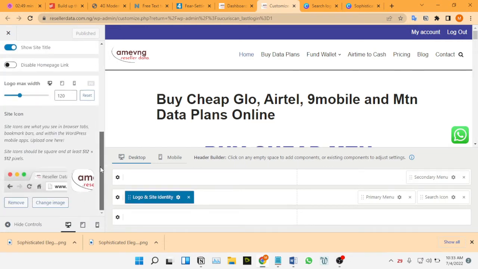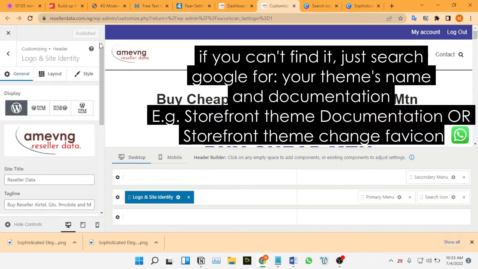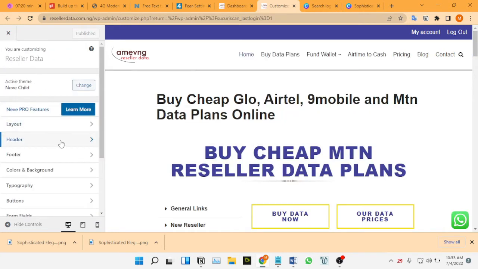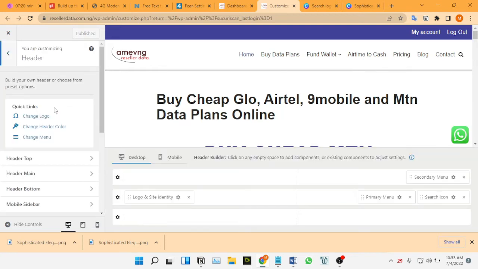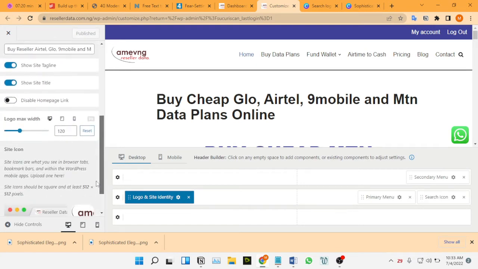So generally, if you go for the logo and site identity part, it's usually located in different places for different teams. I don't know how to generalize this, but you just know you're looking for the logo and site identity part of your website's team customized page. So you're going for change logo, and you're going down, because we're not talking about logo today. We're going to talk about